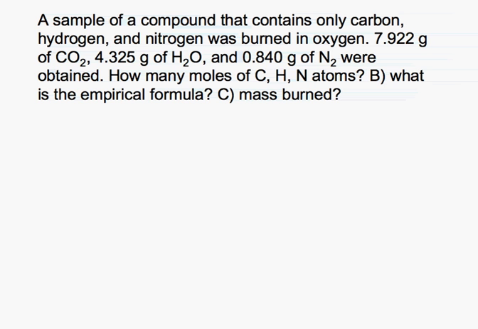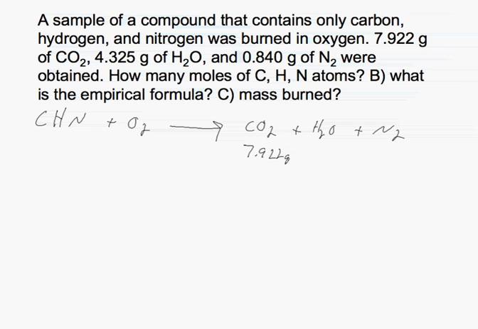The first thing that we need to be able to do is diagram what's going on. We have a compound that contains carbon, hydrogen, and nitrogen. It's burned in oxygen to give us carbon dioxide plus H2O plus nitrogen gas. We're told that we obtained CO2 in